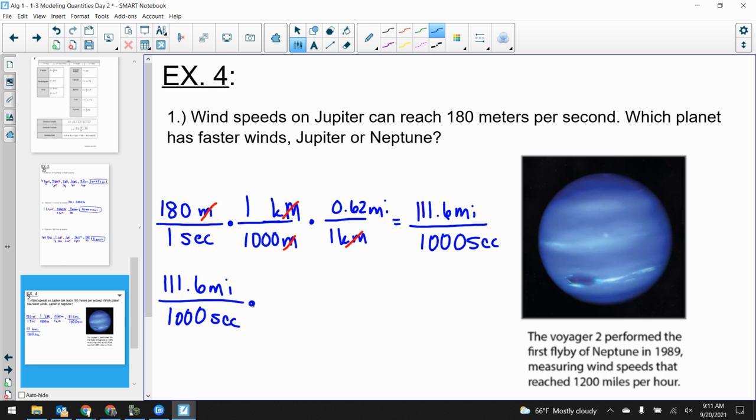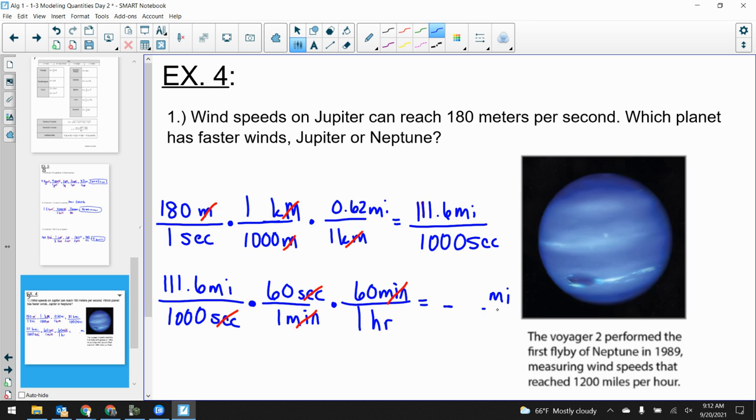Now, how many seconds are in an hour? Do you guys know? But what you do know is how many seconds are in a minute. 60 seconds are in a minute. So 60 seconds is 1 minute. And we also know that 60 minutes is 1 hour. Do you see what I did there? I needed my seconds to cancel, so I need them to be diagonal from each other. Minutes cancel with minutes. So I'm left with